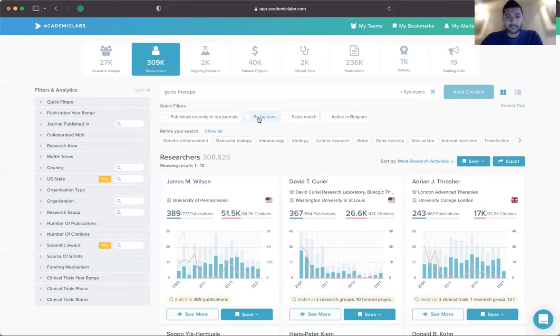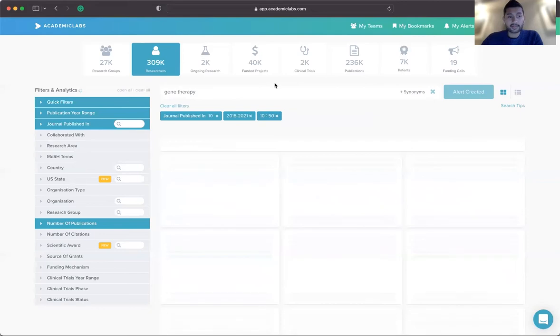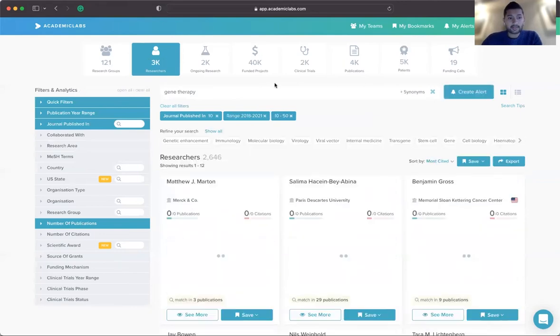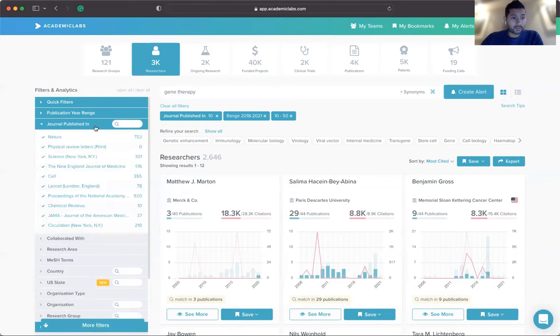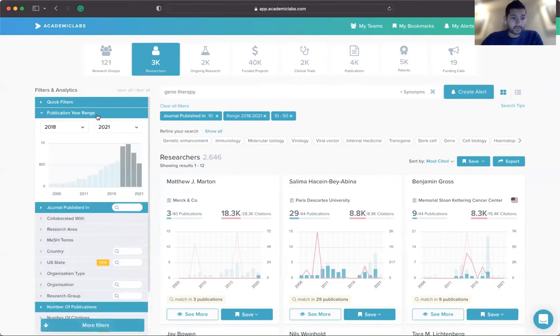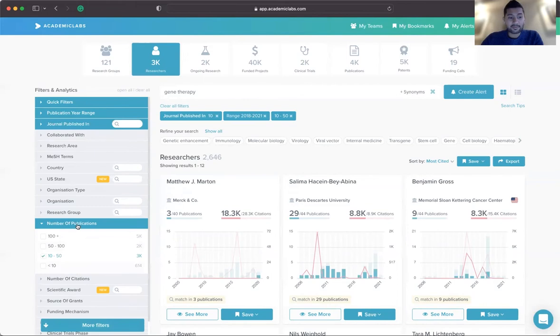First thing is if you simply click on the rising star quick filter, with one click you'll immediately go to those 2,500 researchers who have not just published in the top 10 journals on your topic and not just published recently on your topic, but also have total publications less than 50 and have published at least 10 papers.